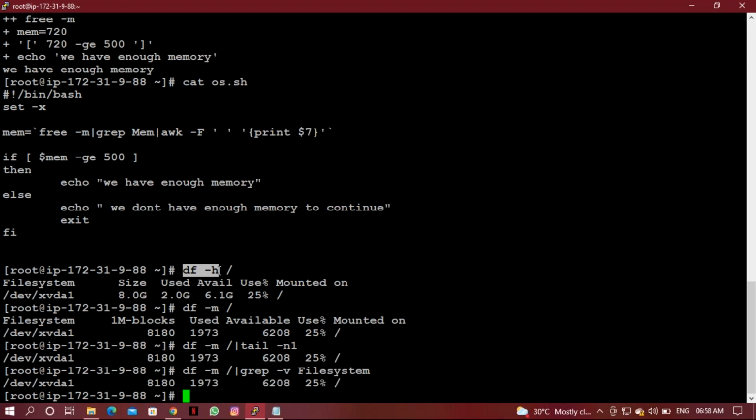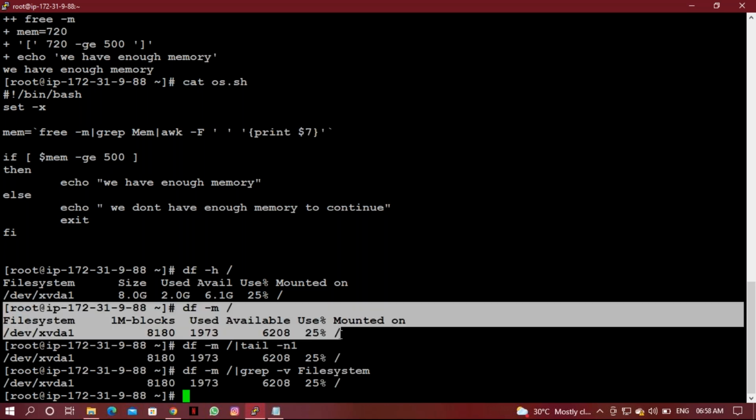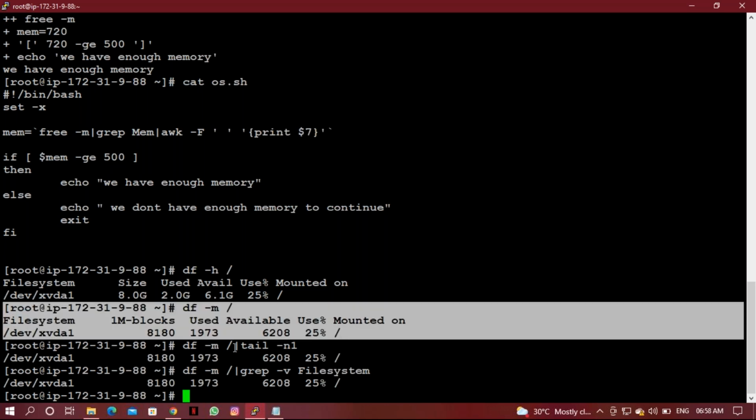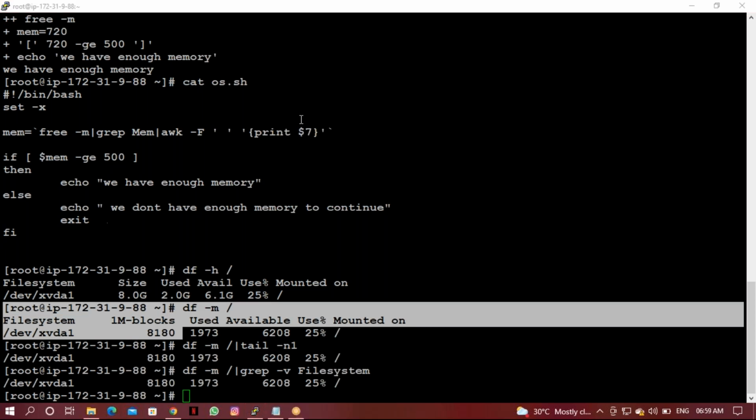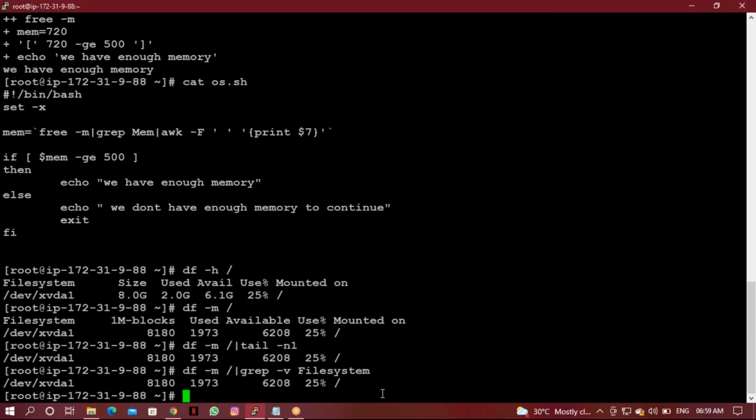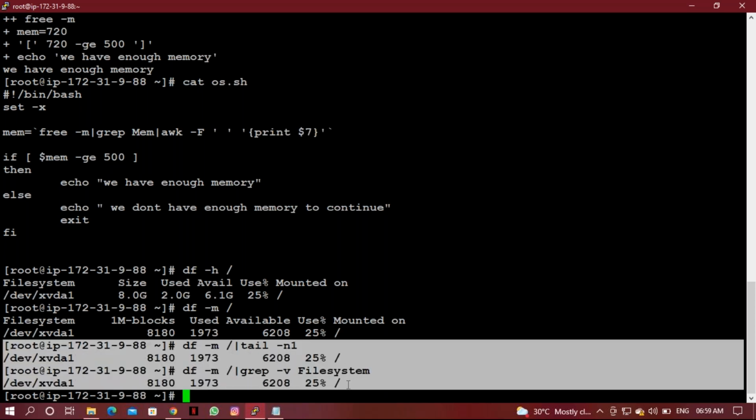So here I was saying that guys, df -h means it will show in GBs. I need MBs, right? So I tried with -m. I got this output. Now I verified the possibilities of how to get this line. Okay, Avinash, please don't take the control. One minute, sir. I verified how many ways I can get the line, and which line is feasible,